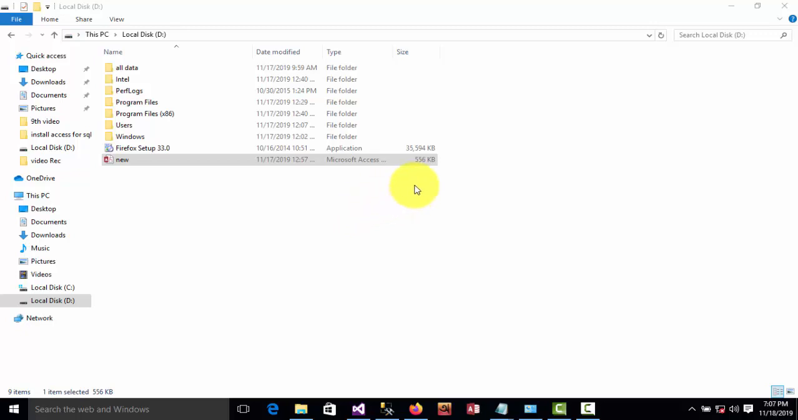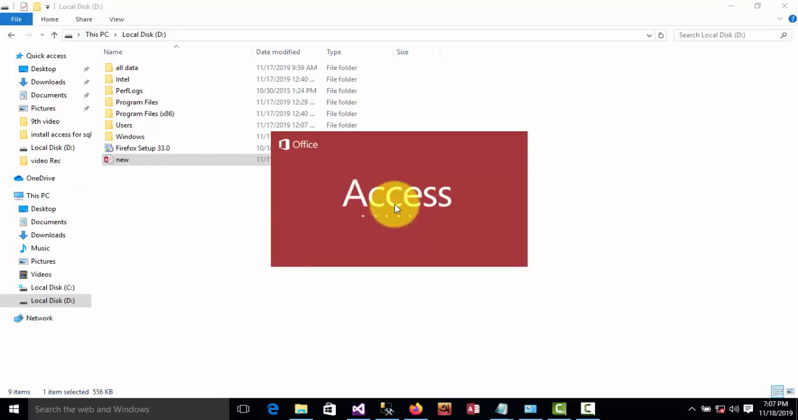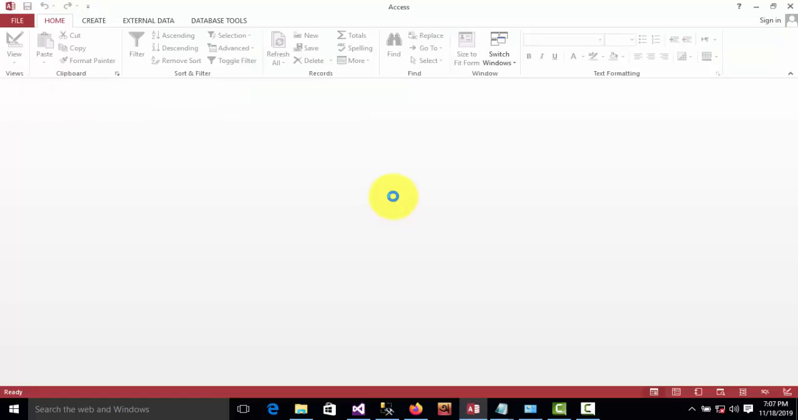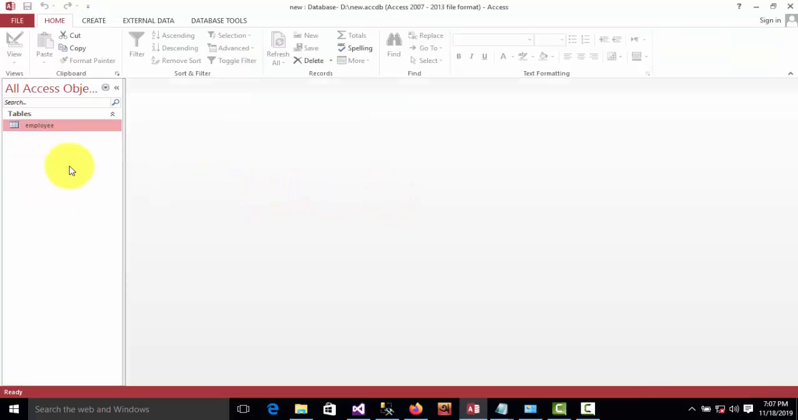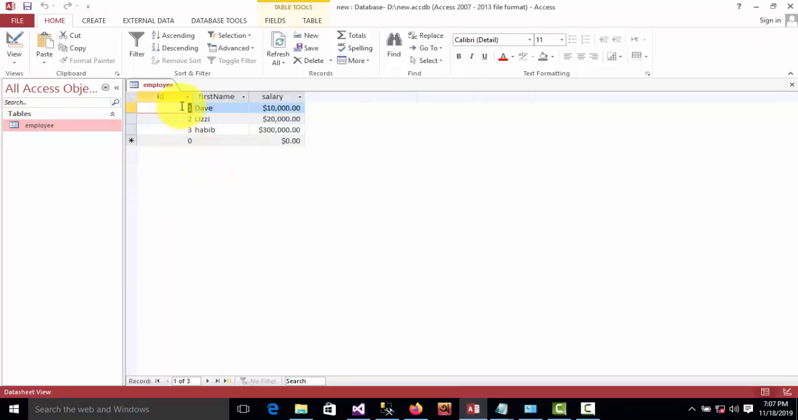Just waiting to be opened. See here, this is the employee table, and the data is here. The columns are ID, first name and salary, and the values are here, like 1, 2, 3 ID and the name and the salary. And what I'll do, I will run the program and it will read the data from this file and write it to SQL Server. Just close it,